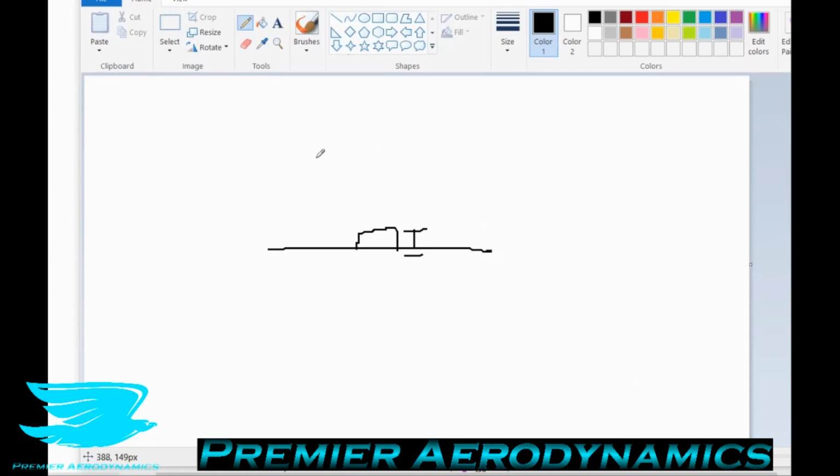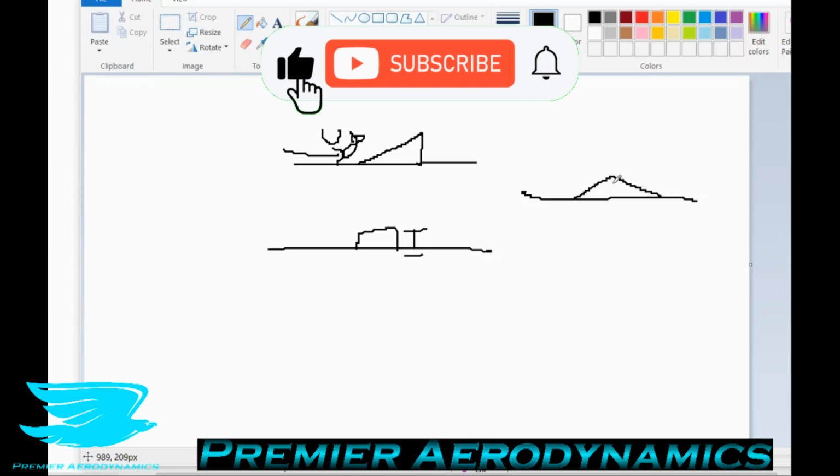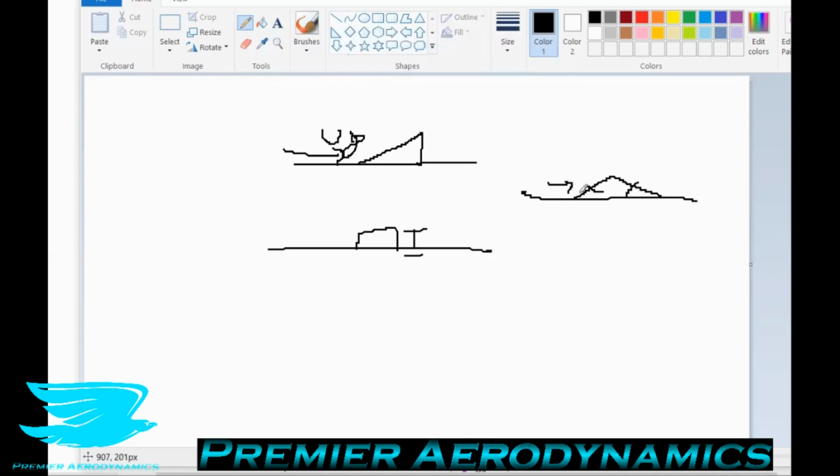We then also have a right angle triangle. So if you have the regular surface, then you just have this fin kind of coming up and the free stream velocity coming at it. Then we have the isosceles triangle, which is again, you have the surface, and now you have this nice little ramp with a peak at the top. And both of these sides are the same length. I just drew it a little bit dodgy. But anyway, they're the three different types of boundary layer trips that we're looking into, and the different heights, their